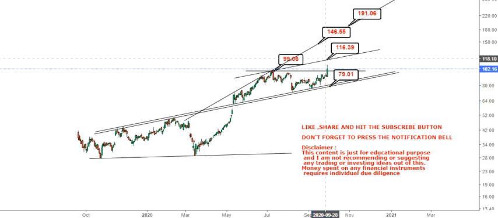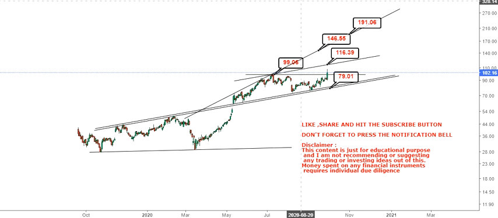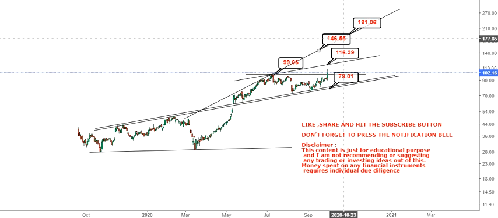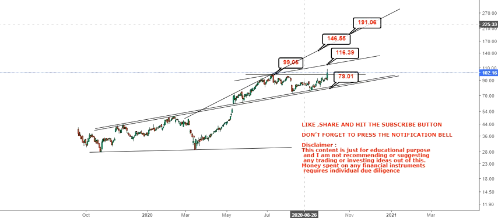So there are two big things which should happen in the days as well as in the months to come with this breakout. The first condition is that as the breakout happens, the stock must sustain above $99 or $100. The second target will be 116 if the support level holds, and if it makes a breakout above 116 and 117 and this level holds, then we are looking at a range of 146 to 191 in the days or probably in the months to come.